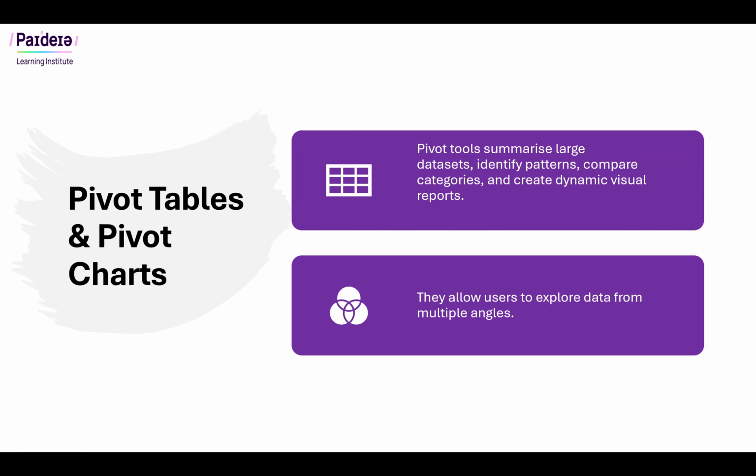Pivot charts are able then to summarize that, to say these are the sales maybe of your vegetables only, these are the sales of your canned foods only, these are the sales of your drinks only, and so forth, in as much as you can just have all the list of the stuff that you've been selling over the years. So they are actually able to then summarize it and give you different perspectives, different angles to view your data,